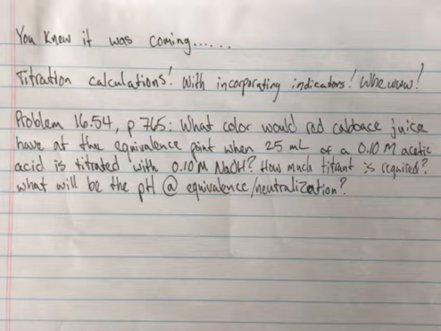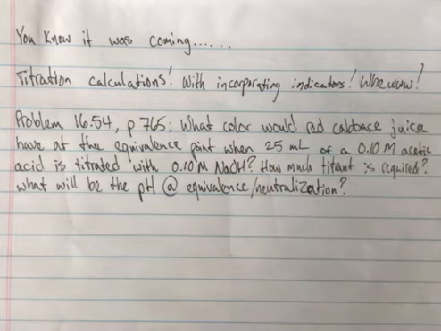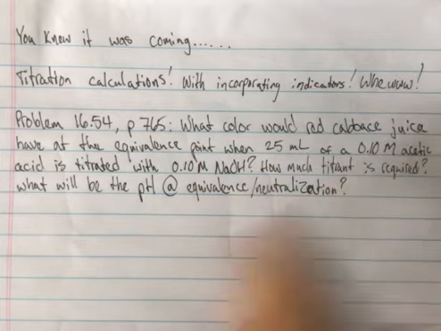How much titrant is required, and what will be the pH at equivalence, or neutralization? I was kind of tricking you a little bit, because really you could do the calculation, but it's not entirely necessary. If you take 25 ml of, let's say, a 0.1 molar acetic acid solution,